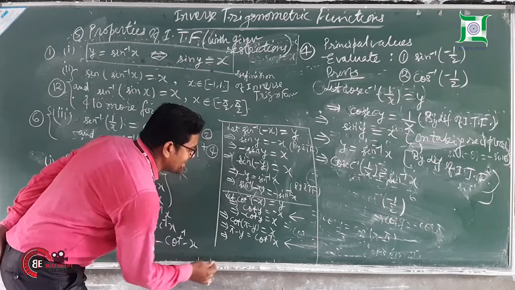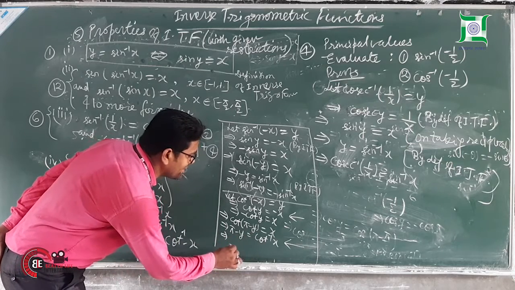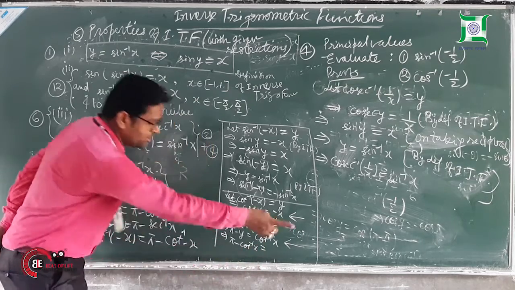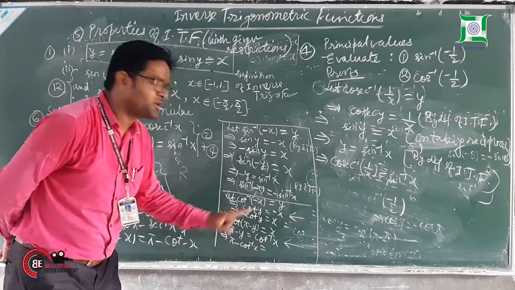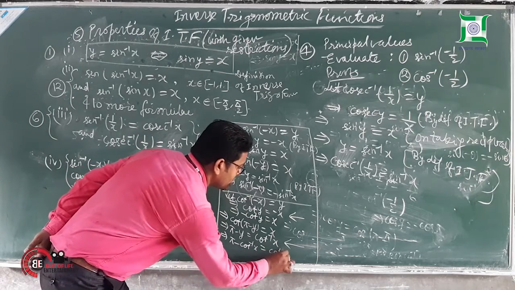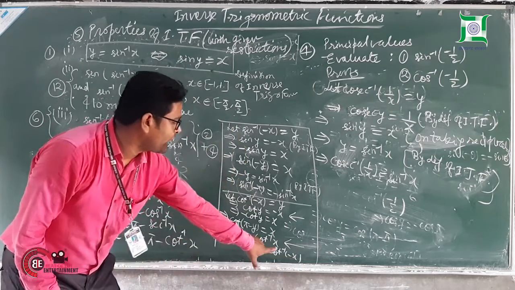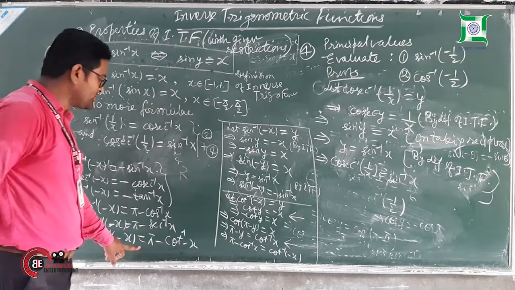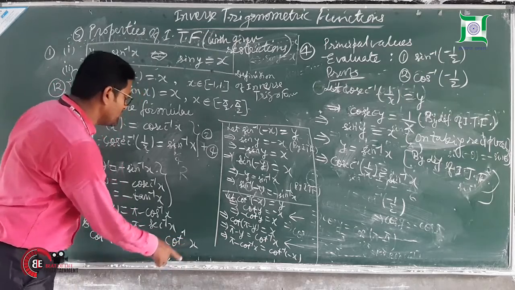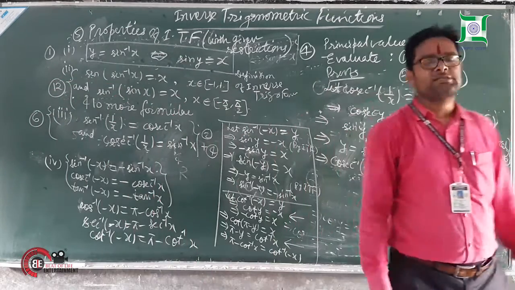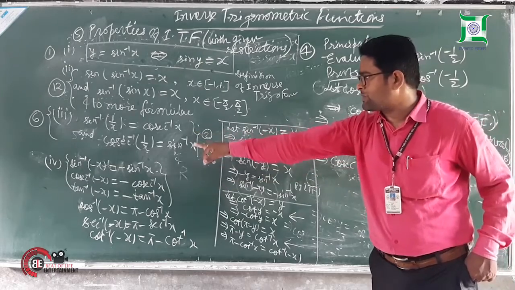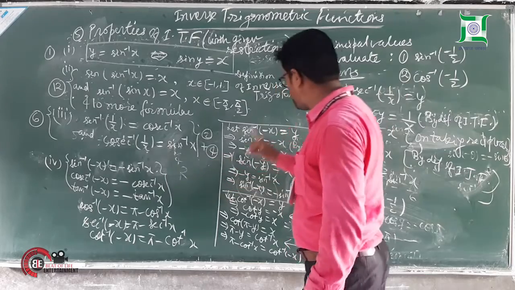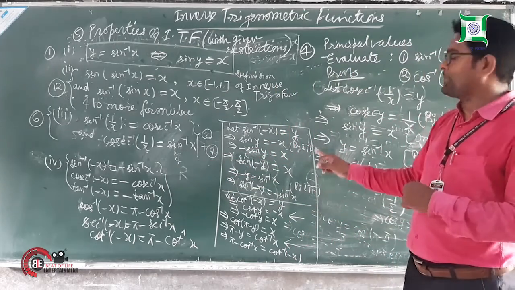Now, in this way I can write it, bring this cot inverse this side: pi minus cot inverse x is equal to y, bringing y that side. Can you write y as cot inverse minus x? So I can write it as cot inverse minus x. Now, in place of y I have changed it. So cot inverse minus x is pi minus cot inverse x. Is it proved? So in this way I have proved cot inverse minus x is equal to pi minus cot inverse x, and sin inverse minus x is equal to minus sin inverse x. Remember, whenever we are proving the property, we have to take care.